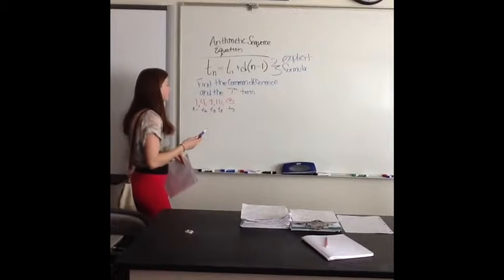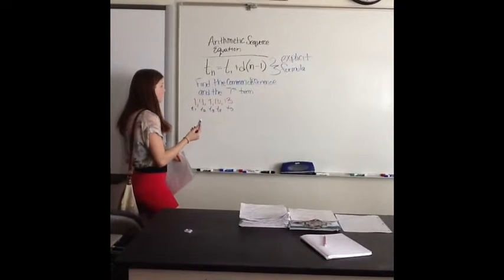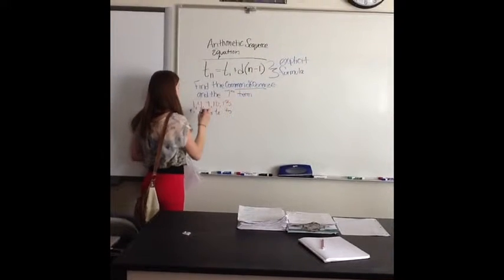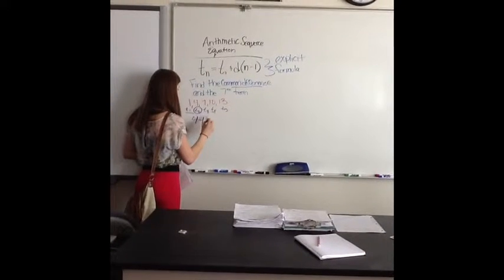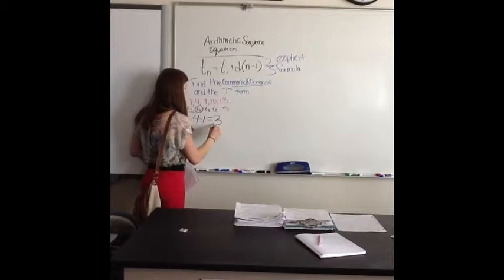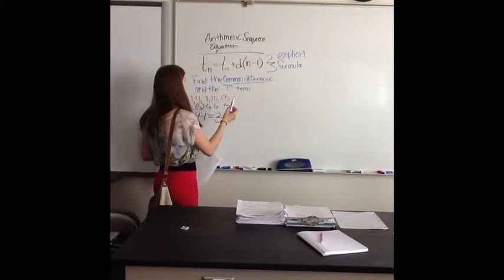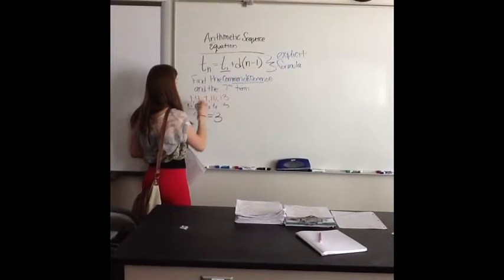Find the common difference and the seventh term. So to find the common difference, you subtract term 1 from term 2, which equals 3. And to find the seventh term, you put term 1, which is 1,